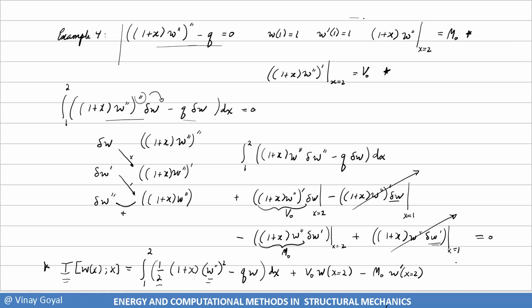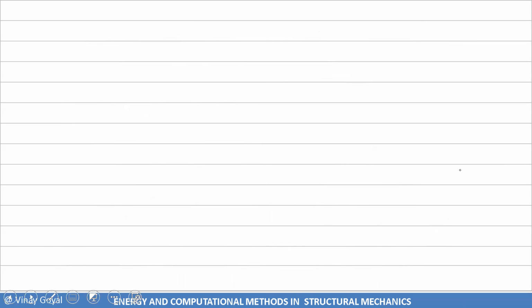So very cool. Notice how the functional has v naught and m naught, which are provided here. And somehow I have to satisfy the governing equation, and the function w that we select has to be kinematically admissible, meaning it has to satisfy these boundary conditions when I solve the problem. And then I went through those 4 examples, and in today's lecture, I'll be covering, finally for the first time,